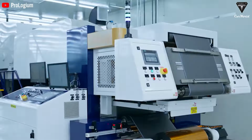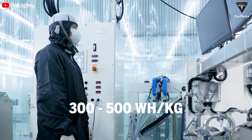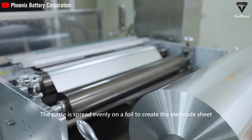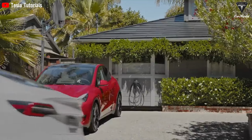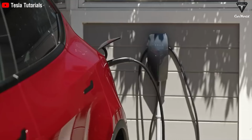On the contrary, the ultra-dense battery showcases an impressive energy density, ranging between 300 to 500 watt-hours a kilogram, which is double the capacity of traditional lithium-ion batteries. This enhanced energy density allows for storing more energy within the same weight, enabling electric vehicles to travel longer distances